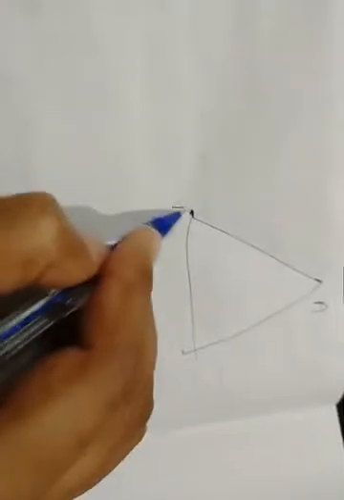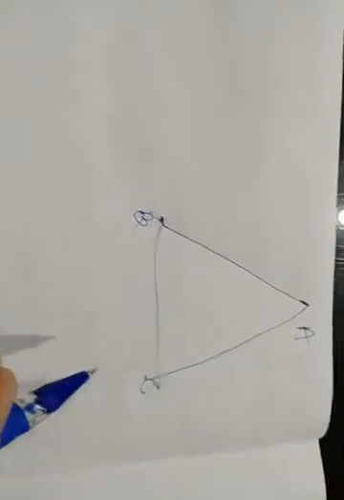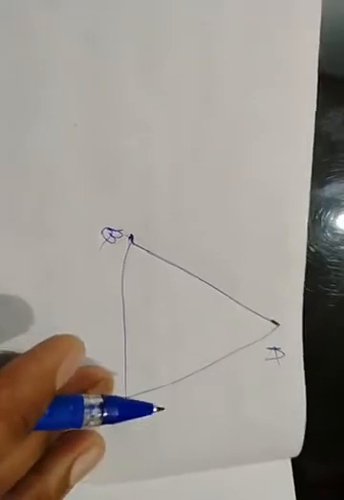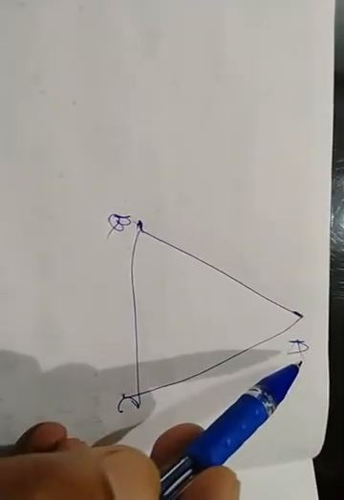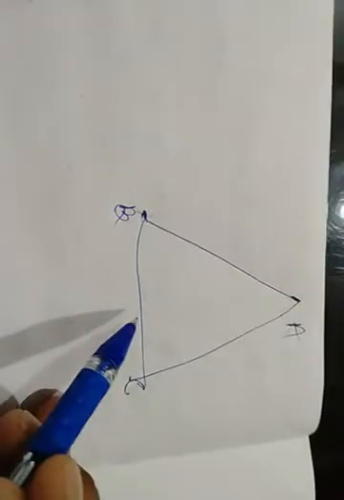Okay, yes, let's see. Proving that theorem, first of all we write the given. You know that, na? First of all we write the given. And first, we draw the triangle according to the theorem. Here a triangle ABC. According to the theorem, if the altitude from one vertex of the triangle bisects the opposite